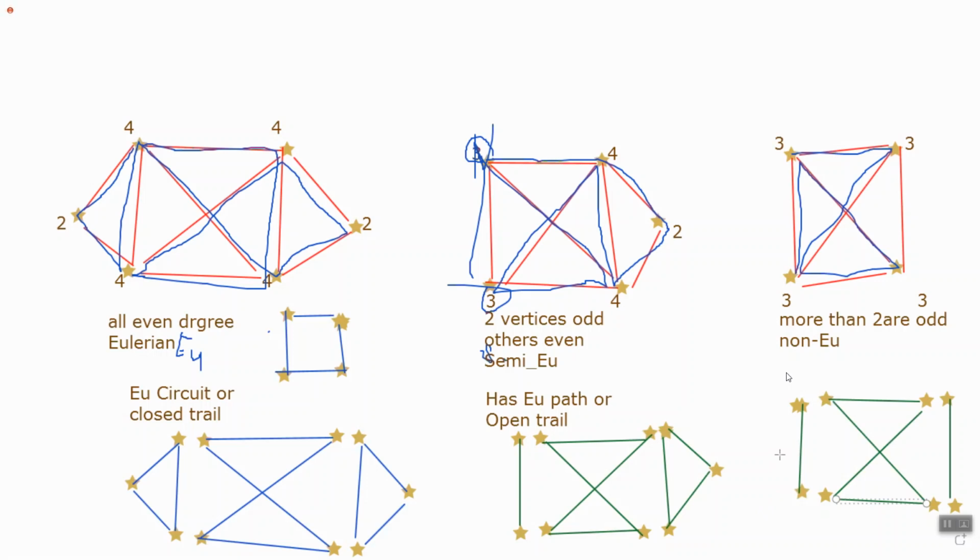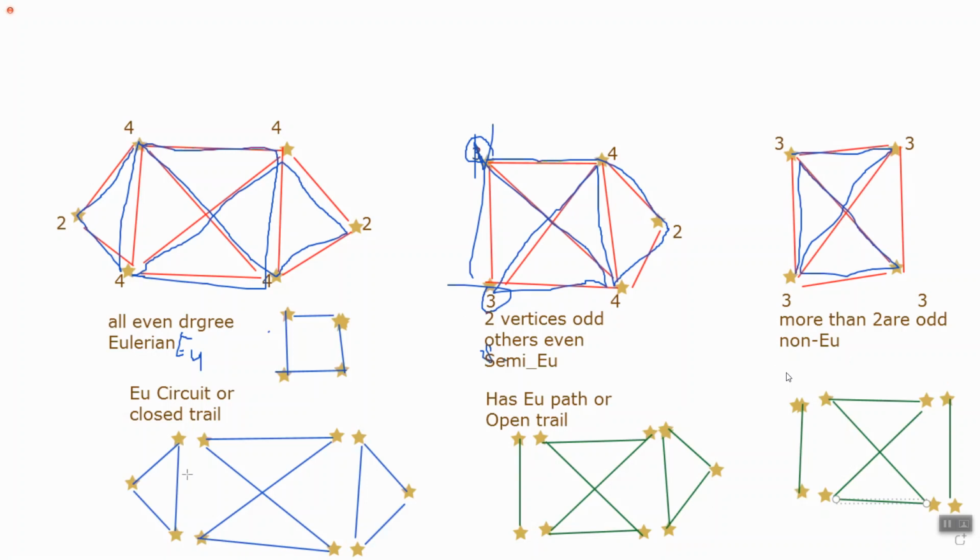If it is not Eulerian, you can't. You get degree 1 edges, one or more. If it is just one edge, that means due to these two odd vertices, it is semi-Eulerian, or it has an Euler path or open trail. If you have more than two odd vertices, then you have more than one leftover edge, so this is not Eulerian. So remember these three graphs and these three breakdowns.